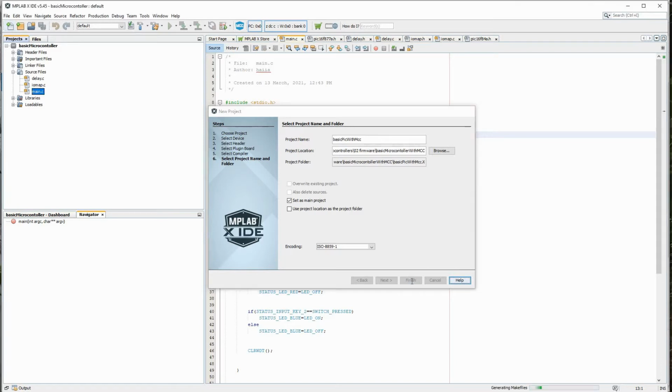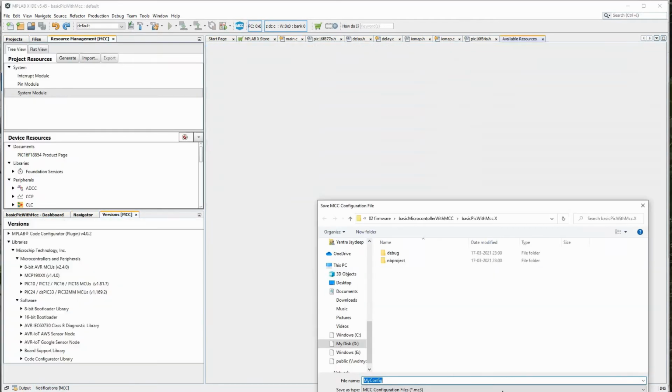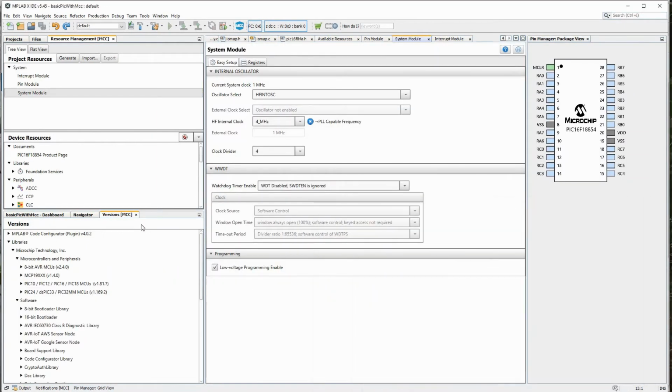So I personally have not used the PIC microcontrollers for a long term, and when I was using, MCC was not there, so it's kind of a learning experience for me also. So let's launch MCC. What is Microchip Code Configurator? Some configuration file is there. Let's see. Let me save this.